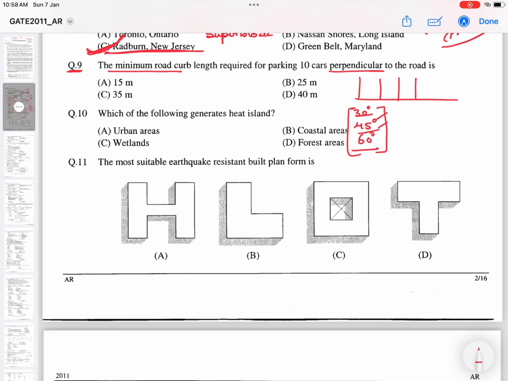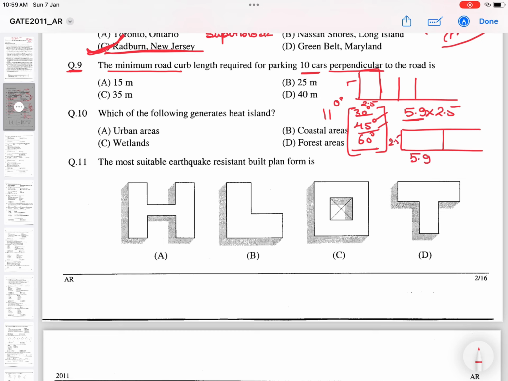In my previous video I have said this, not going to tell you here again, but 10 parking, okay. So we take for a parking 5.9 into 2.5. If we are doing it like this, it will be 2.5, and in this direction it will be 5. If we are parking in this direction, in a parallel 0 degree, then in this direction we have to take